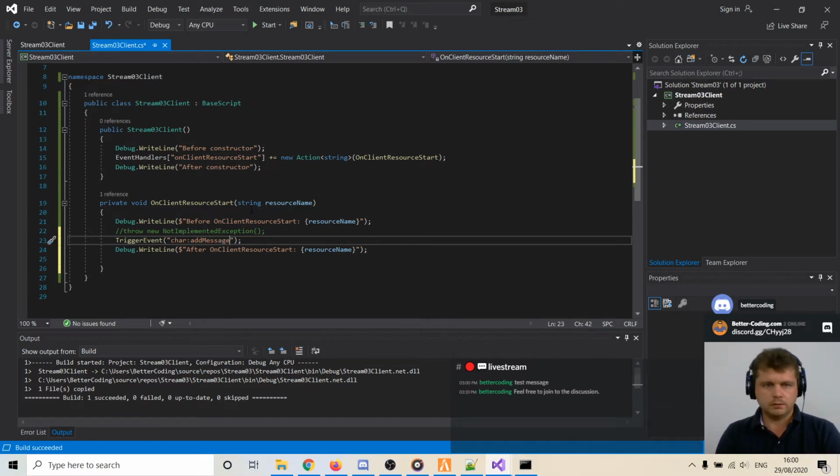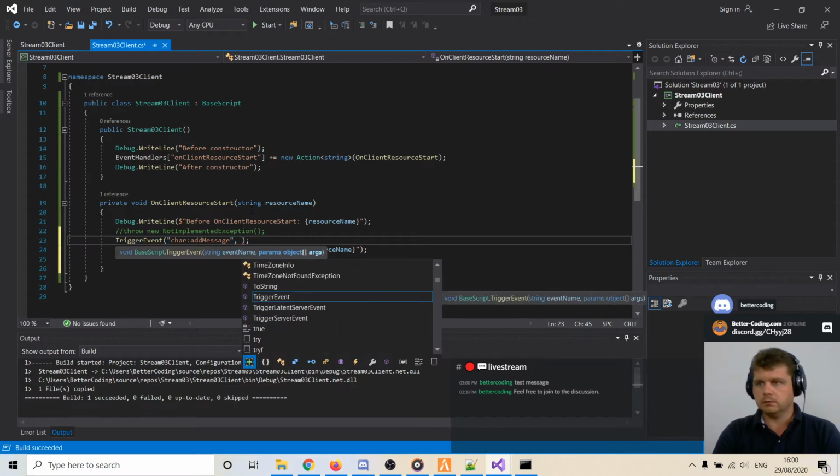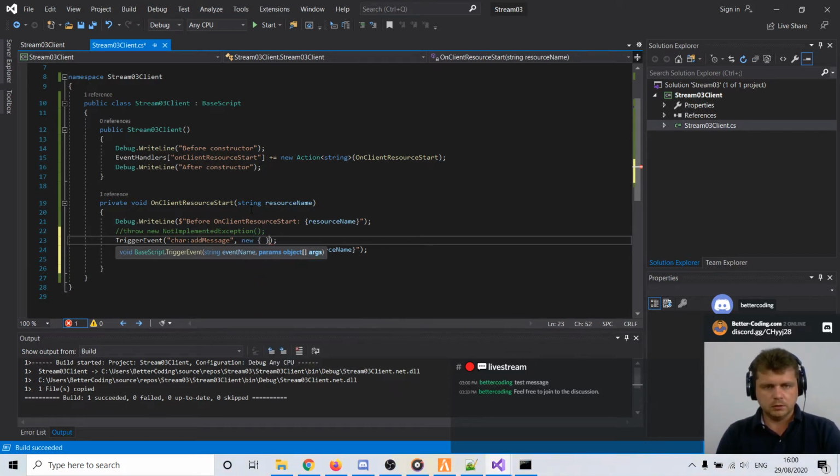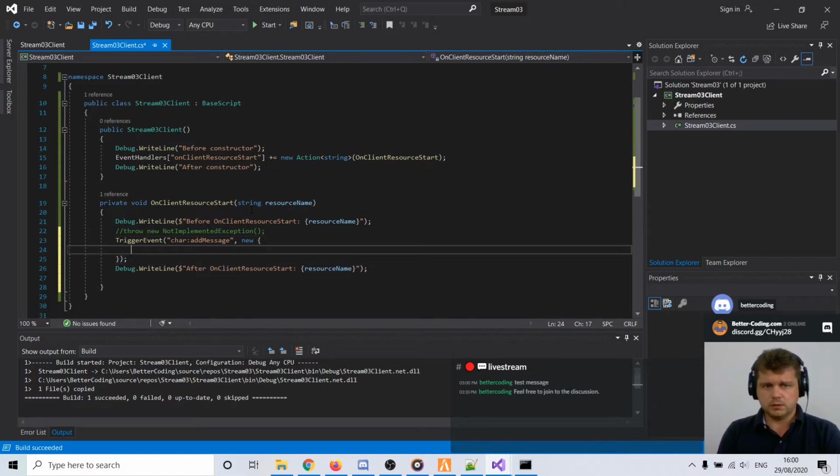Then we have what? Okay, and then we just pass some arguments. So we do this by calling new. I need to get used to how to write in C#. I mean, how the code formatting is. Okay, so here I can write